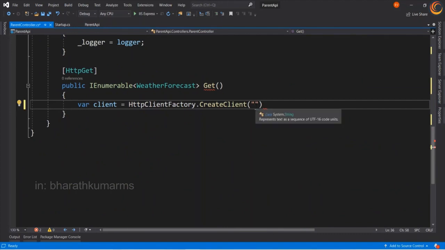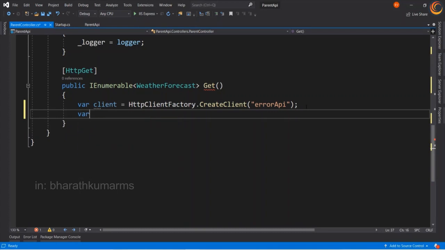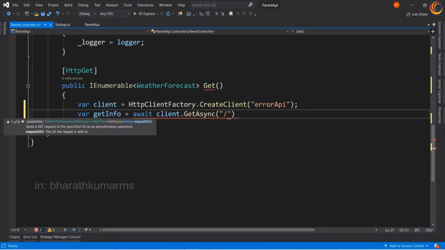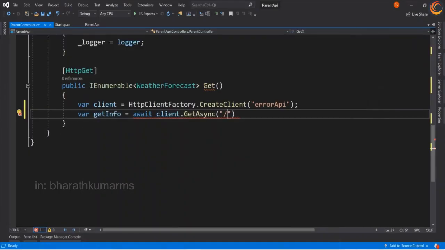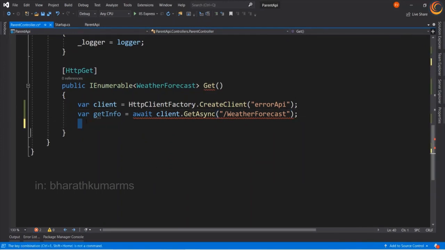We'll copy it from the startup, put it here, and get the data. We have to call the weather forecast API. All right, and return the response.